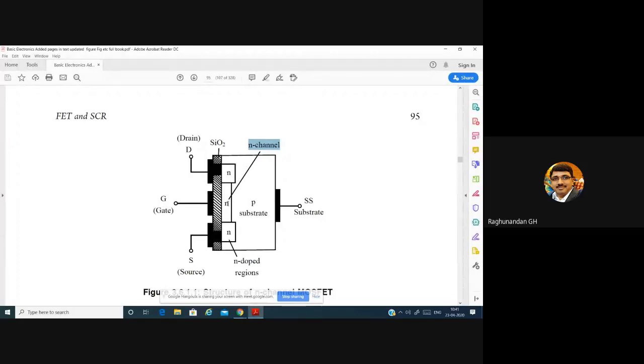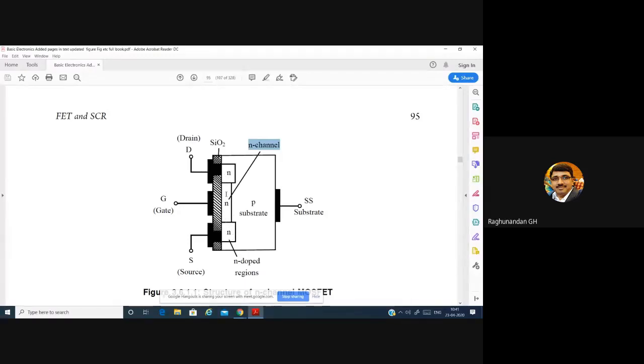So in order to make the electrons flow easily, we have to take N type material only. In N type material, it can easily flow and reach the drain. If we take P type material, then it might act like opposition to the flow of the charges. Again, your PN junction concept will come here. So to overcome that drawback, we have connected these two N type regions with